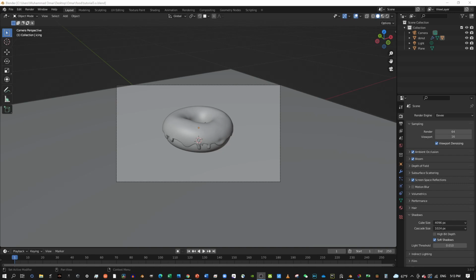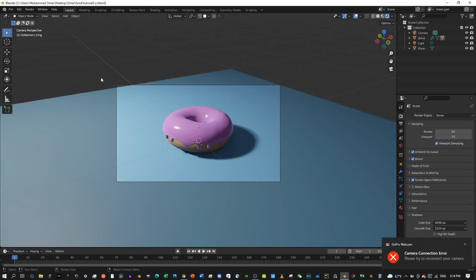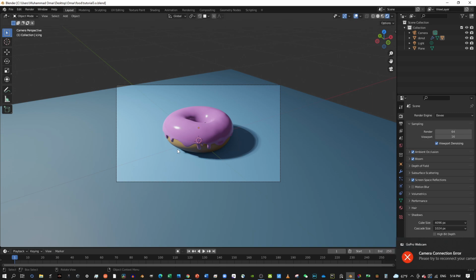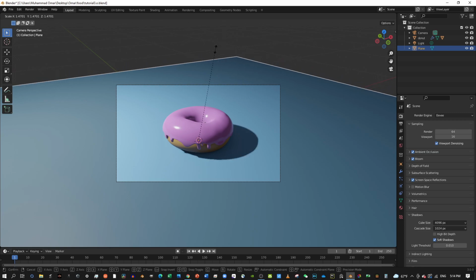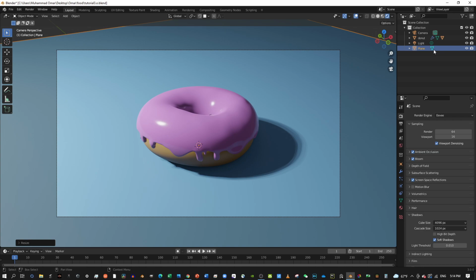Okay, we've been done doing materials and everything else. Now let's get to the donut, like the actual donut, the mesh, not the icing, not the render things, whatever. Just the icing. So if we hide this, and